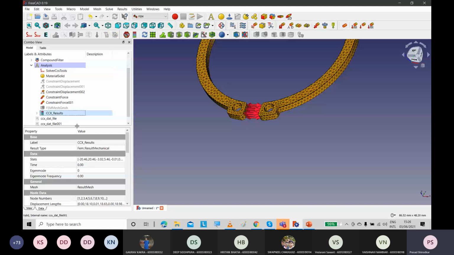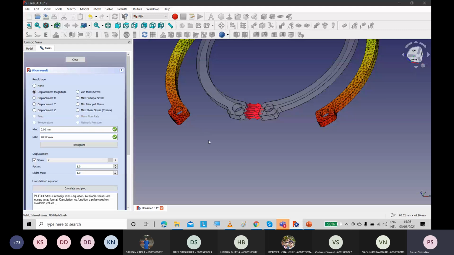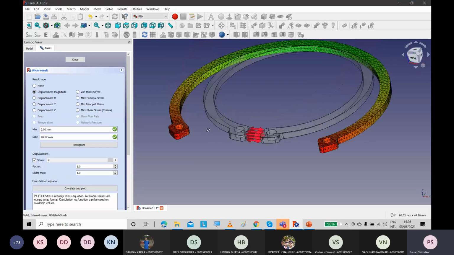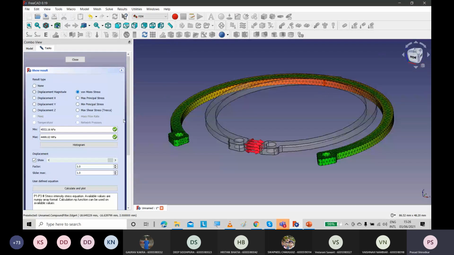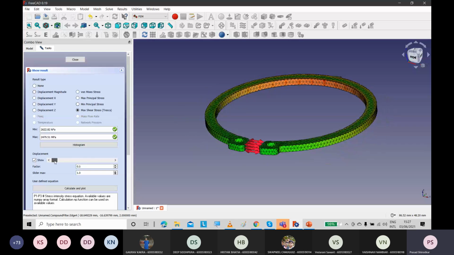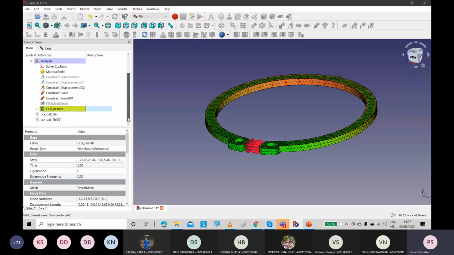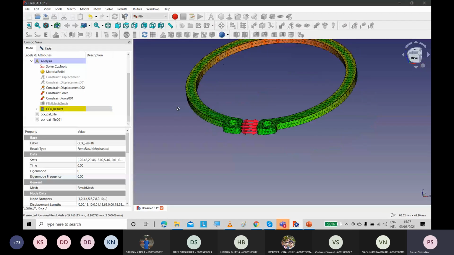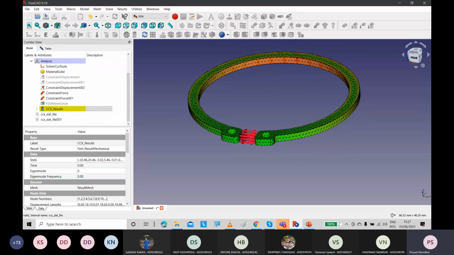Click on the result and go to the FEA, and this will give you similar types of results. You can also go for the stresses induced. Okay, maximum principal stresses. Okay, maximum shear stress, and you can see this slider and can identify the results. All right, everybody is on the same page. Everybody is able to get these things. Before I go to the next part,